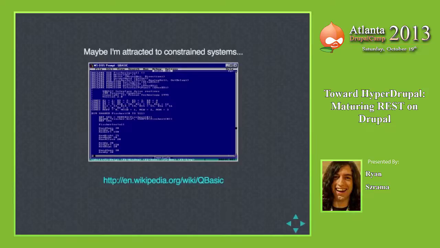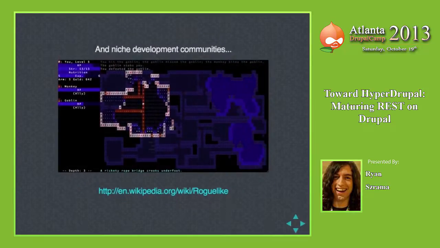Another thing about me is that I'm also attracted to niche development communities. So does anybody remember the game Rogue from maybe like 1981? Well, this game inspired a whole genre of computer games called roguelikes.